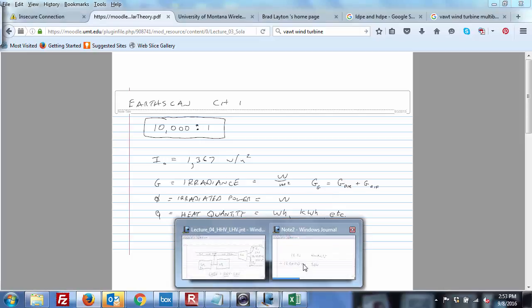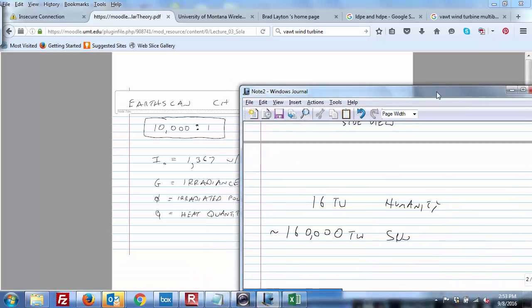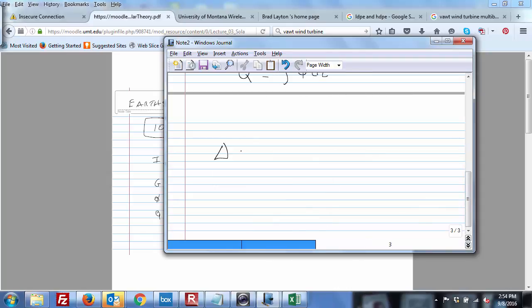And so the way to think about that is that Q equals the integral of phi over time, or in other words, the change in heat of some system equals the power times the change in time. So, for example, if we had a power coming in of 100 watts,